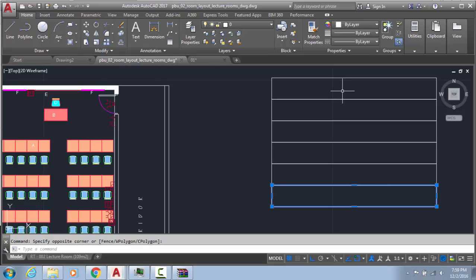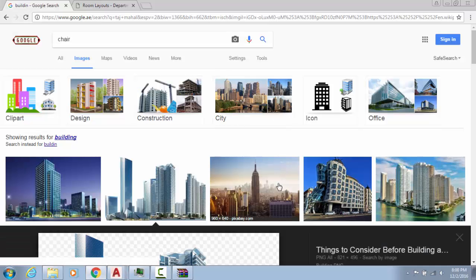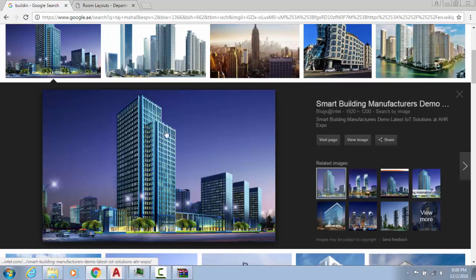So is it easy? Sometimes your first floor is different, but after the first floor, the second, third, fifth and sixth floors are the same, and the top floor and roof floor are different. So leaving the first and top floor, you can make these blocks as a block. So that time it will be easy. If, for example, this is an elevation view and you want to put some grill like this, what we already saw in the drawing here in the view. For example, this one, you are watching these lines, and your client told you, I don't want these lines, I want